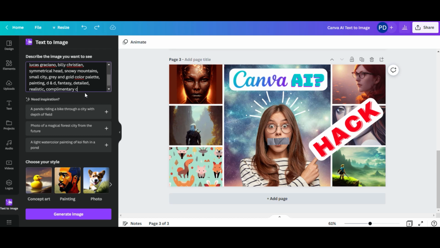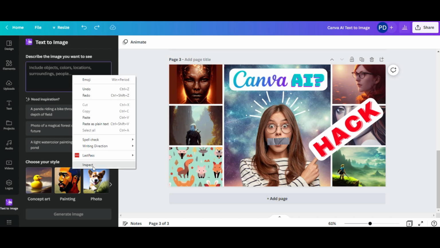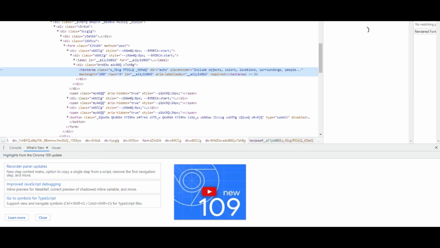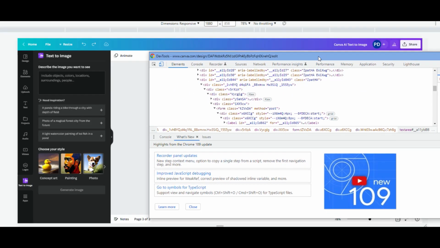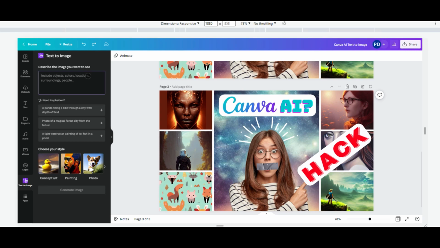Now there's a hack that you can use if you're using Google Chrome so that you can fit the entire prompt in. So I'm just going to Control Z to get out of that, and what we're going to do is we're going to let this field be able to accept as much text as we want. So let's right click, we're going to go inspect, and then that's going to bring up the code for the web page, and you'll see here that if we click on this,